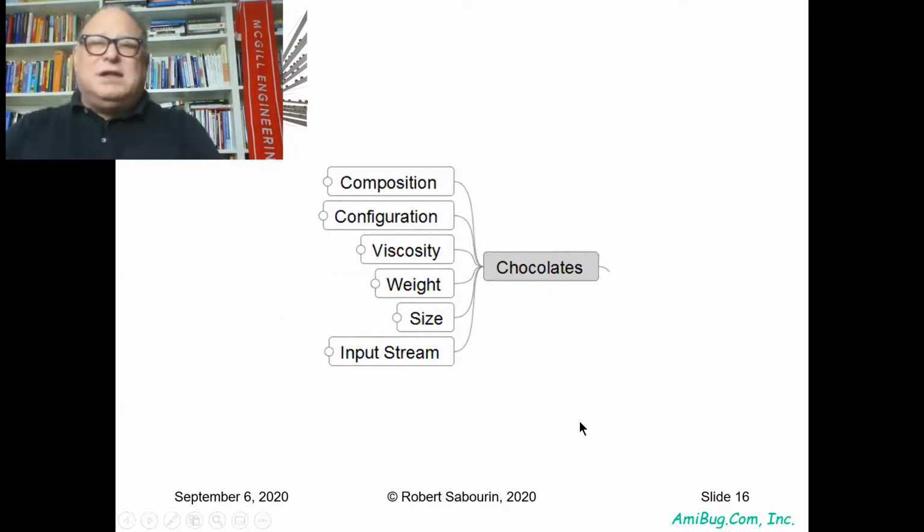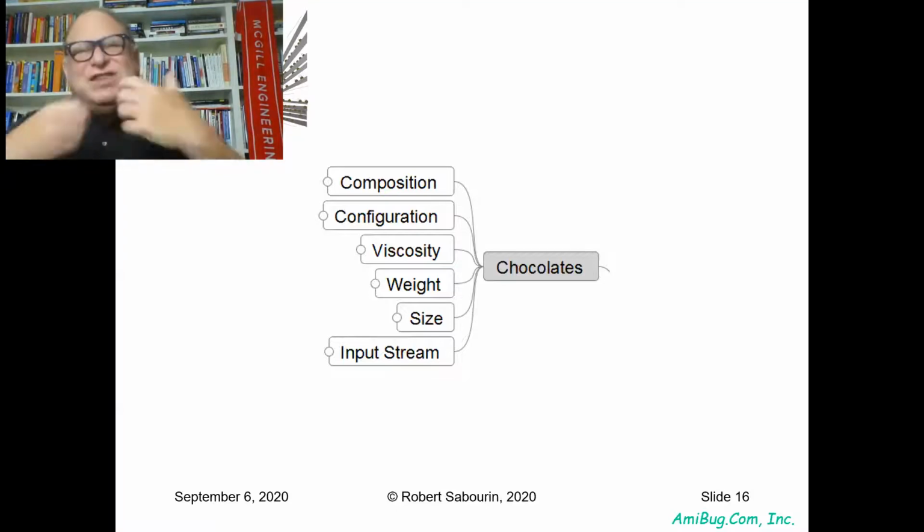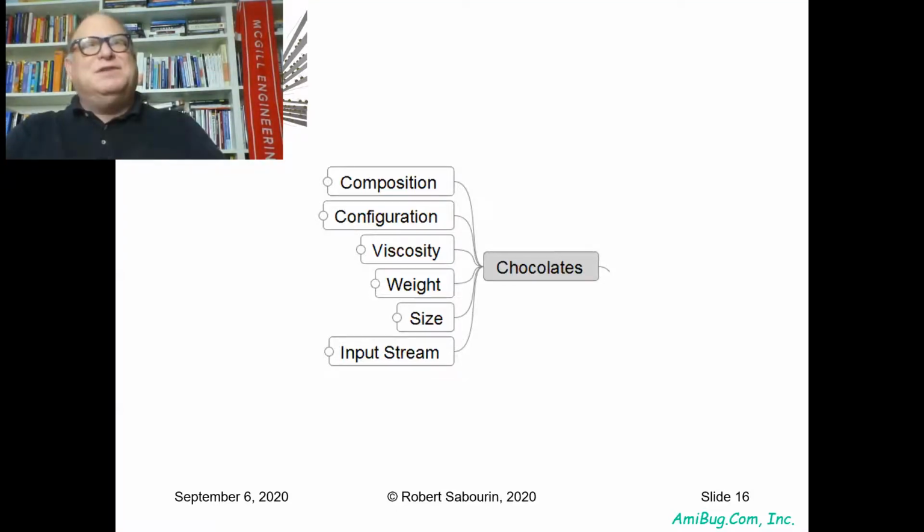Now, of course, chocolates themselves vary. There are a lot of variations in chocolates. The elements that are very important for the wrapping logic of the Wrap-O-Matic are the composition of the chocolate. What is it made of? The configuration of the chocolate. What does it look like? The viscosity of the chocolate. Is it viscous, or is it dense or liquid? The weight of the chocolate matters, the size of the chocolate matters, and the pattern that the chocolate arrives at,